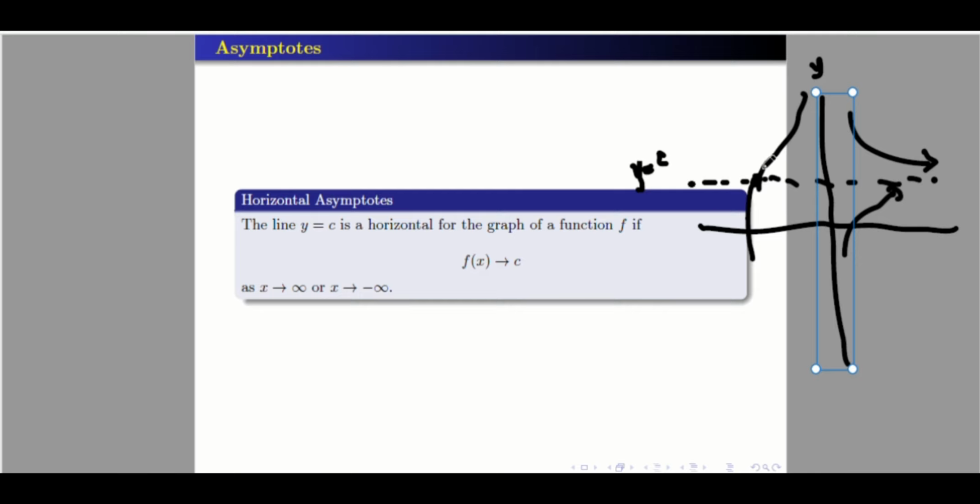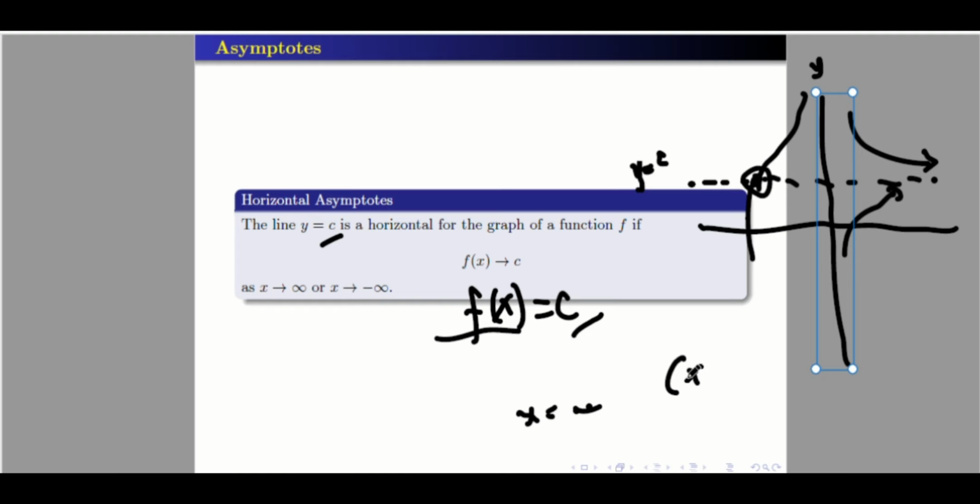To know whether the graph will intersect the horizontal asymptote, you just need to find their intersection by solving this: the given function equals the horizontal asymptote. If you find a value here,